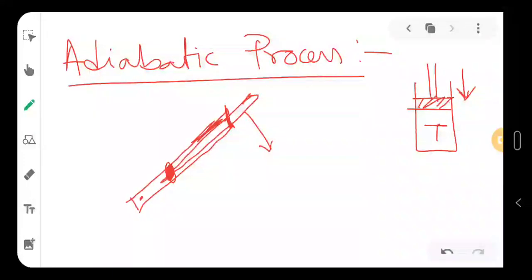So this will work as a piston, and this side will be closed, and here we keep some cotton. Okay, so what they used to do, they used to suddenly, with force, push